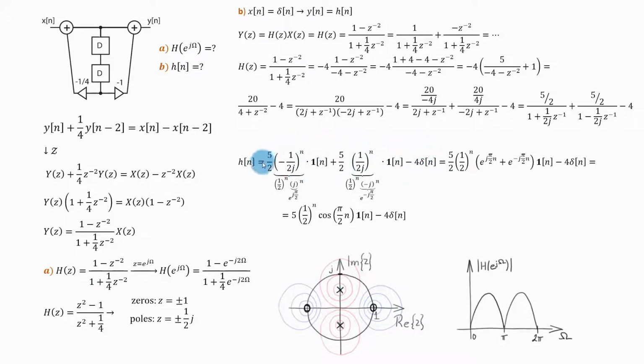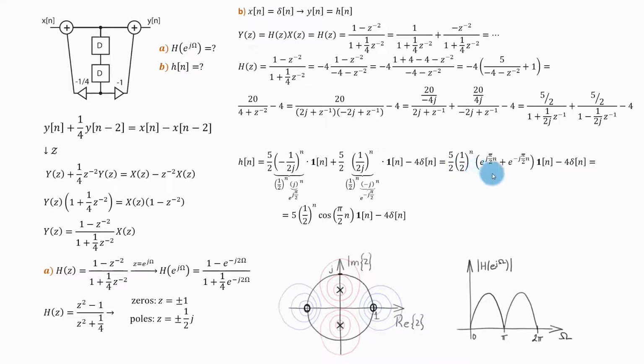Now I will show you how you can simplify it a little bit. You can take this geometric series and break it into the product of these two geometric series. And you can take this geometric series and break it into the product of these two geometric series. And you can also write this j as e to the j pi over 2, and you can write this minus j as e to the minus j pi over 2. Then you can take this 5 over 2 and this 5 over 2 and extract it in front of a bracket. Then you can take this geometric series and this geometric series and extract it in front of the